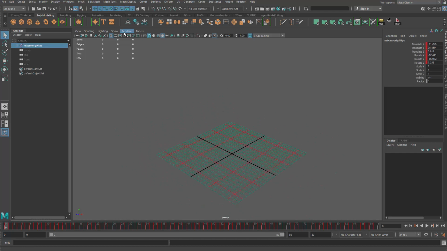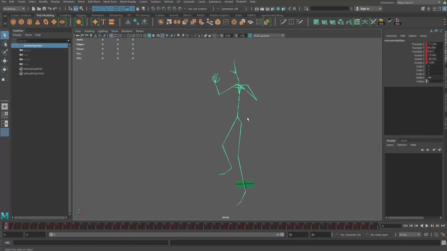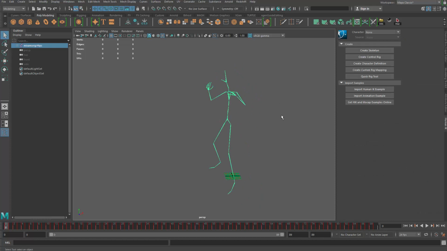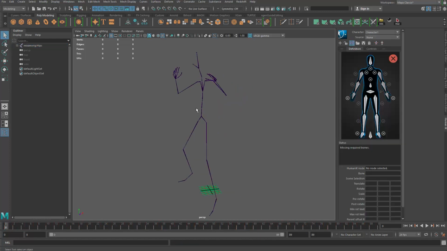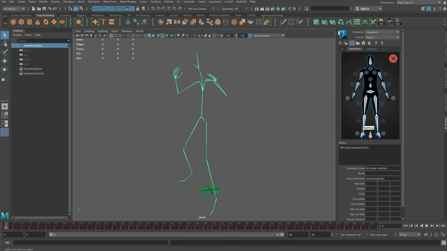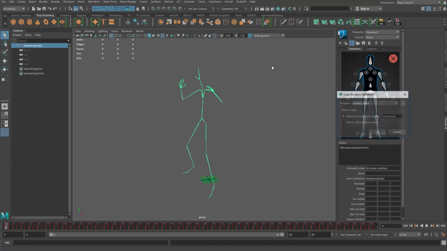Then you can see our joints over here, right? I'm going to again grab everything here and try to zero that out. I could just go right here for the root, and then create character definition. Before we do any actual assignment, because we have done that before on the same joint structure, we could now load our